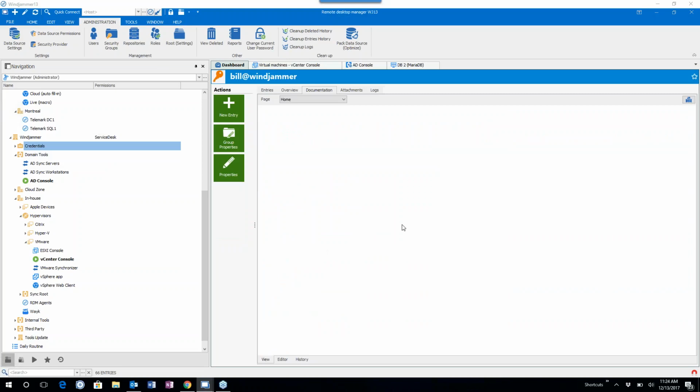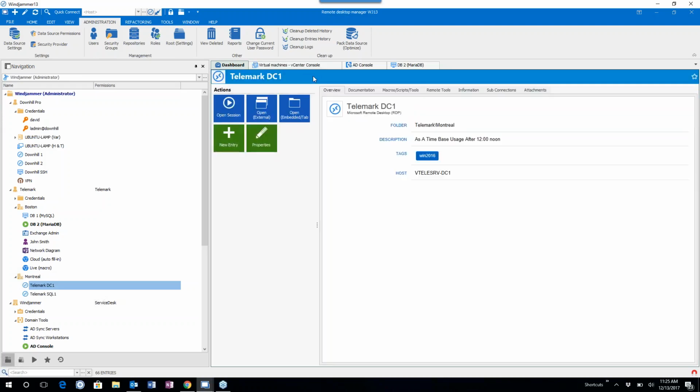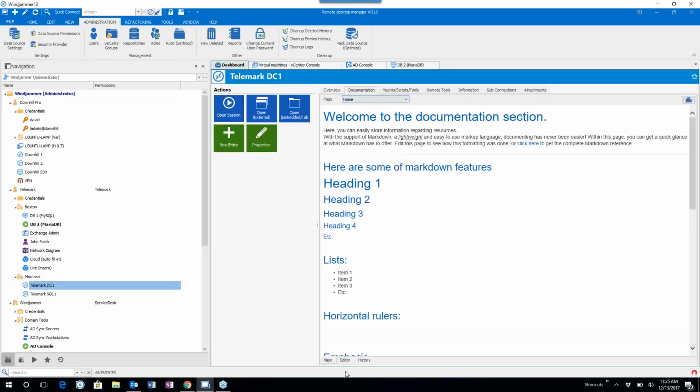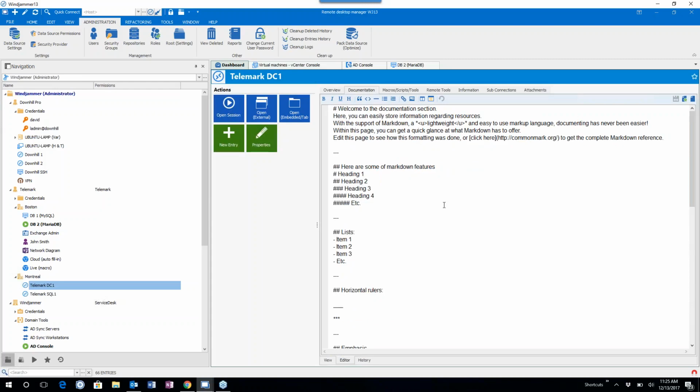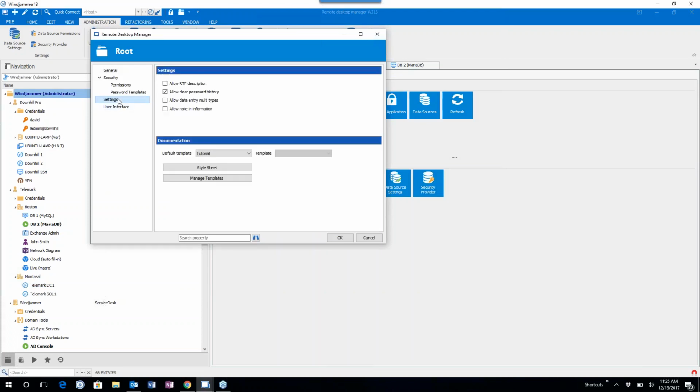Let's see. We have a documentation question about the template. Could you show that, please? Yeah. Actually, in the root setting, that's where you would specify it. You could create your template within the editor tool. If you want to know how to do that in markdown, you could edit this and just copy the full thing. And really, after that, in the root setting, under the settings here, you have documentation, and you can manage